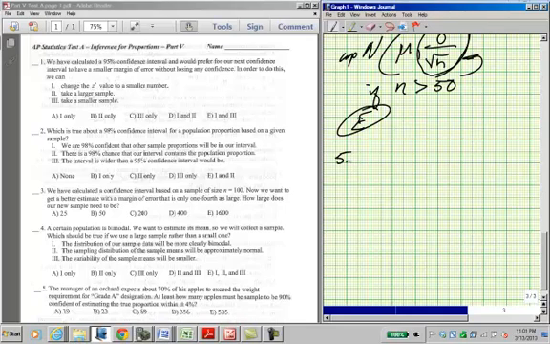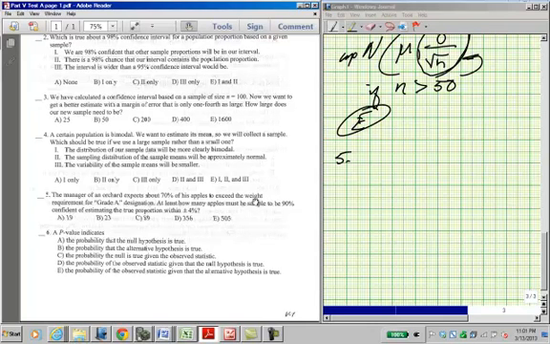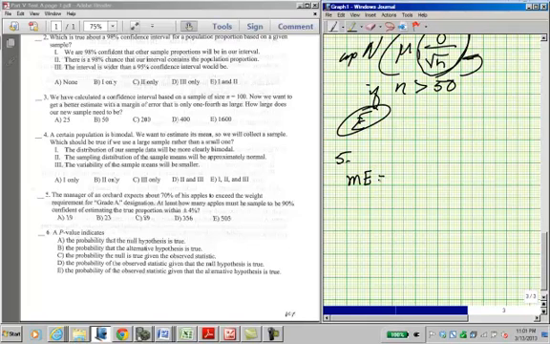5. Let's scroll up on 5 here. We'll have to go to the next page in a second. The manager expects 70% of the oranges to exceed the weight requirement for grade A designation. How many must he sample to be 90% confident in estimating the true proportion to within plus or minus 4%? So he wants the margin of error. This plus or minus business, that's the margin of error. He wants the margin of error to equal